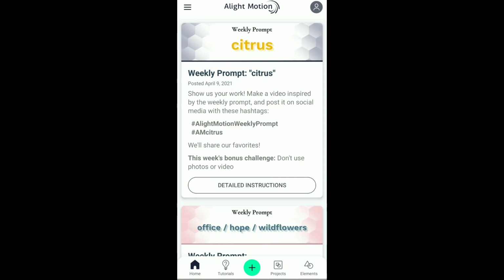Hey guys, it's Gwen. So today I'll be making a tutorial on how to do an After Effects inspired sticker